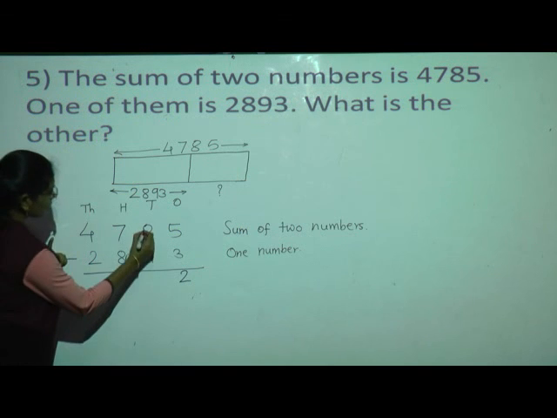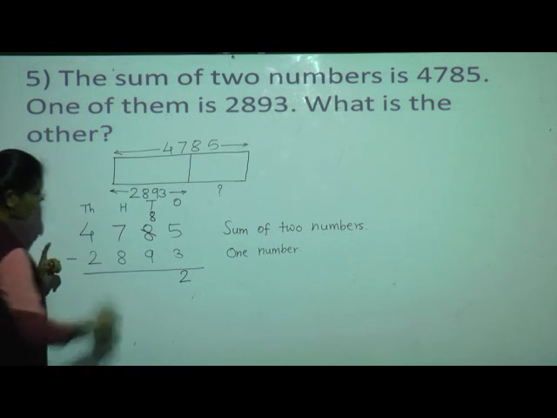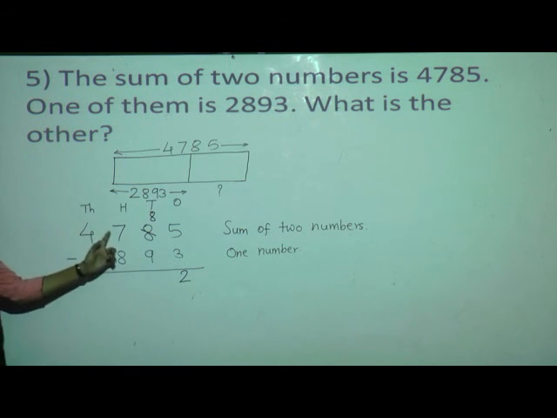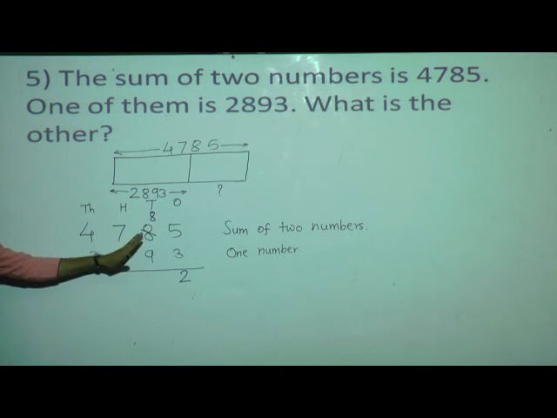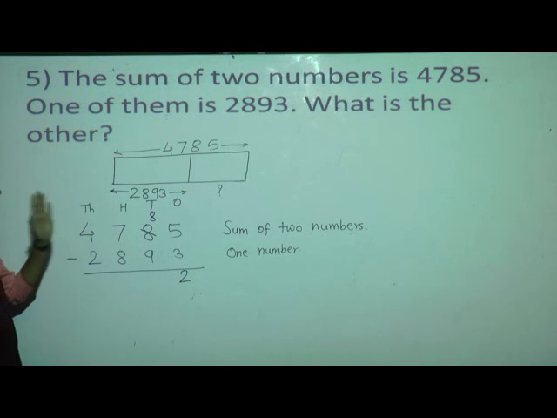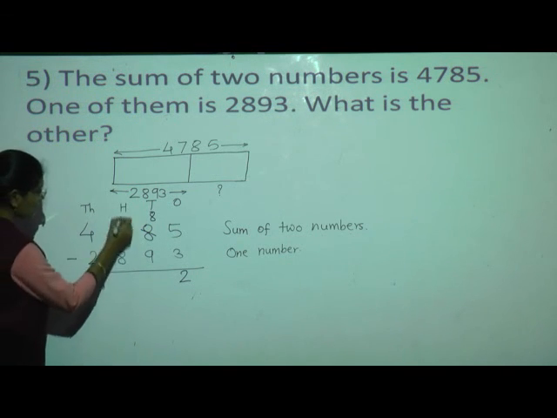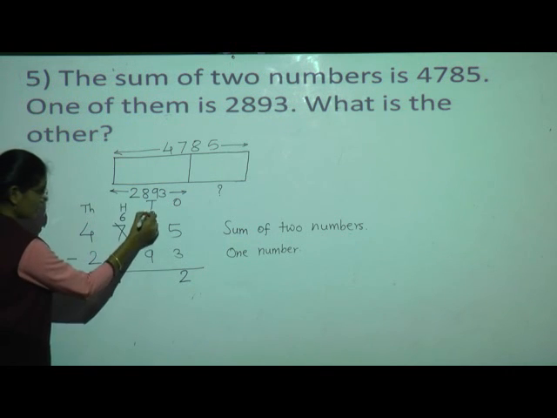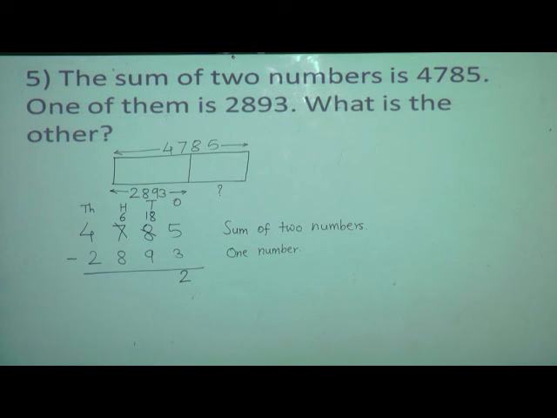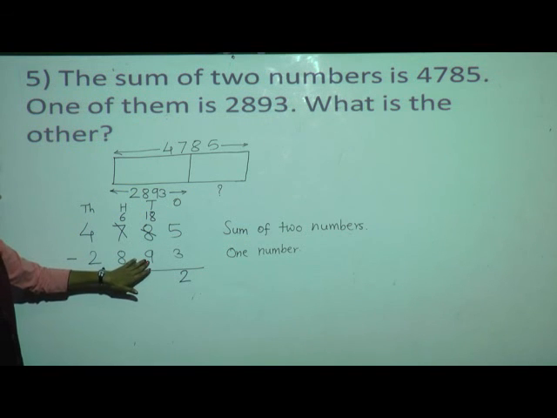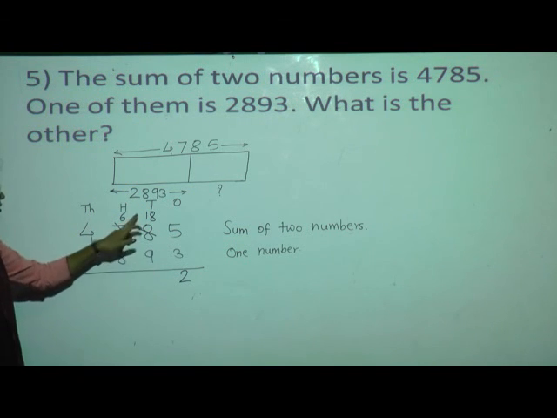Then what we will do? Just cut this 8 and write as it is, and then go to the neighbor. Who is the neighbor of tens? Hundreds place is the neighbor of tens. Now this hundreds place is having 7. So from this 7 take 1 borrow. Okay. So 7 minus 1 is equal to what? 6. And here we will take 1 borrow from the hundreds place. Now see the tens place. Here 18 is there and here 9 is there. So 18 minus 9, do the subtraction. After 9 you have to count your fingers till 18.